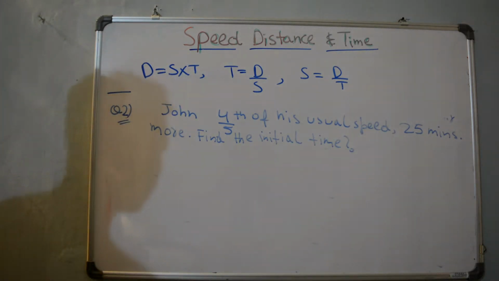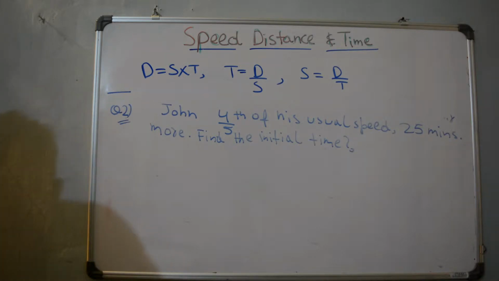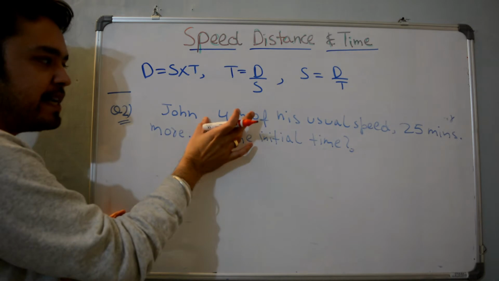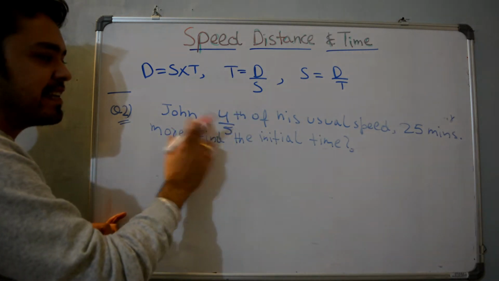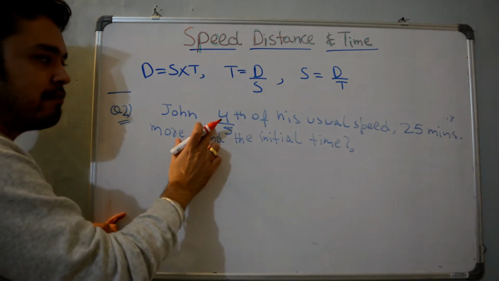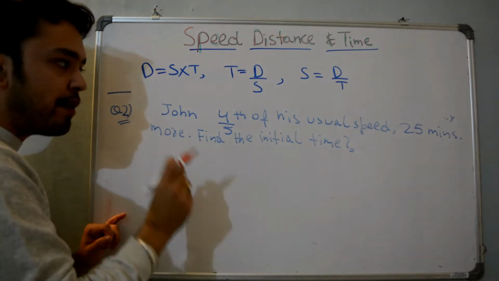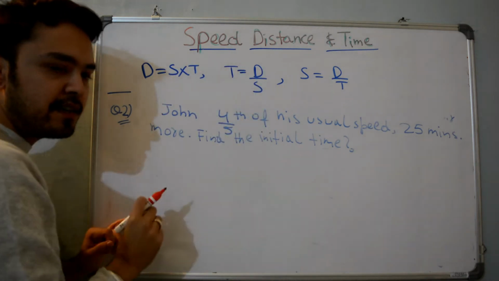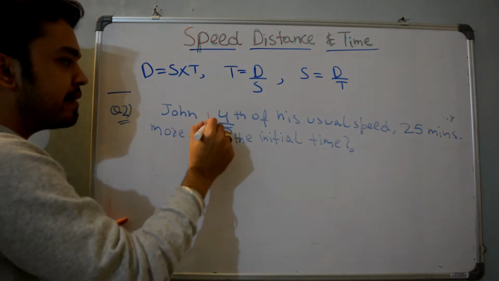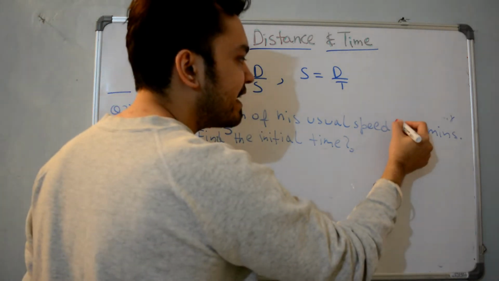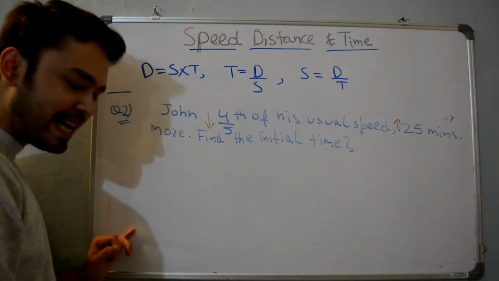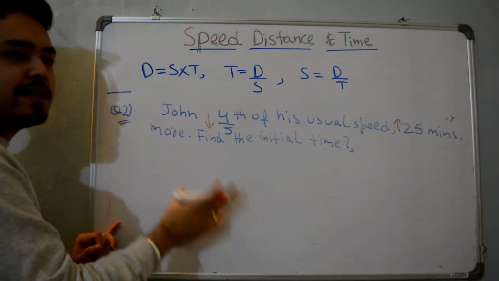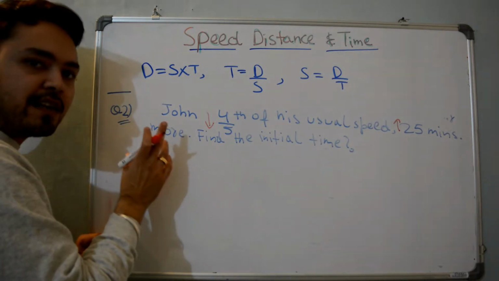Right? Now, if you would have noticed it here, the speed of this person has clearly decreased, right? It has become 4 by 5th or 0.8 of his initial or usual speed. A decrease in the speed has given us an increase in the time, right? So the distance in both these cases will be same because he is only going from that same place to